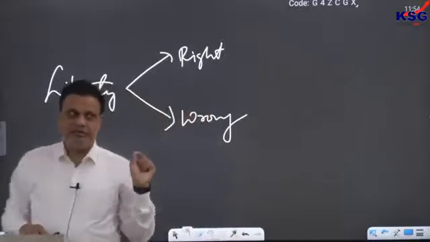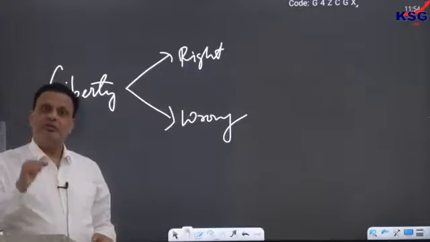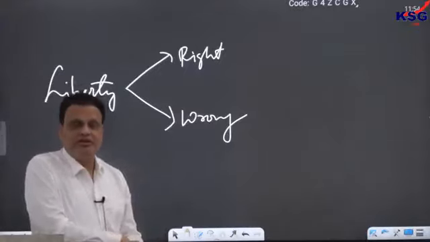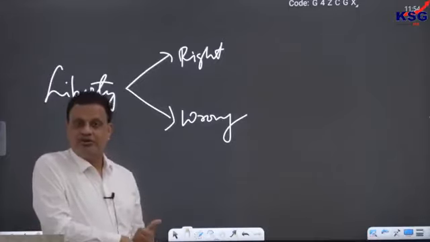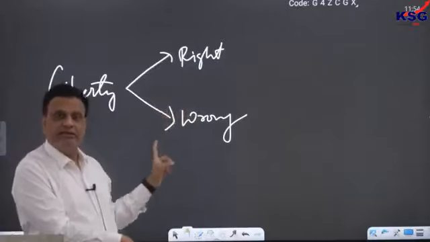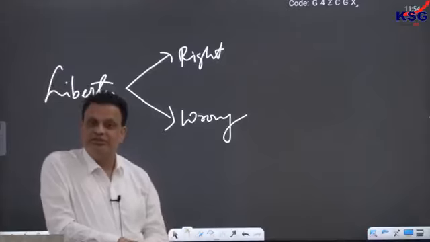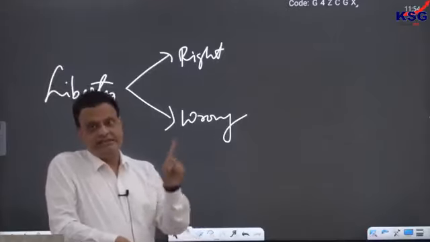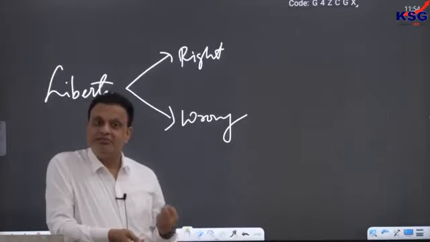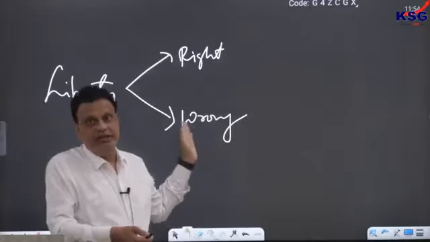Liberty of course means liberty to be right, that we all have a right to be right. But suppose I am wrong and I am okay being wrong, and I am not forcing you to become wrong according to me, then I have a right to be wrong also. Liberty means right to be wrong as much as it means right. In fact, the real test of liberty is to be wrong. If you want to test how much liberty you have, then be wrong and see what happens to you. In spite of being wrong, if nothing happens to you, then that is a true test of liberty. Being right is not a test of liberty. The real test of liberty is in being wrong.